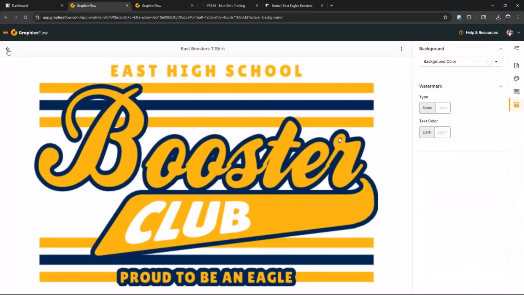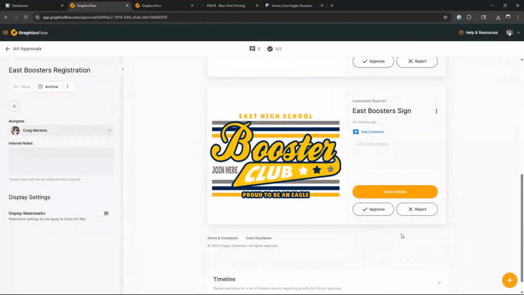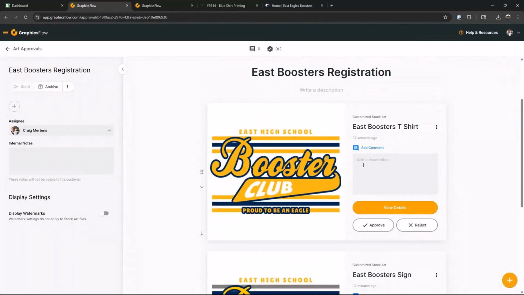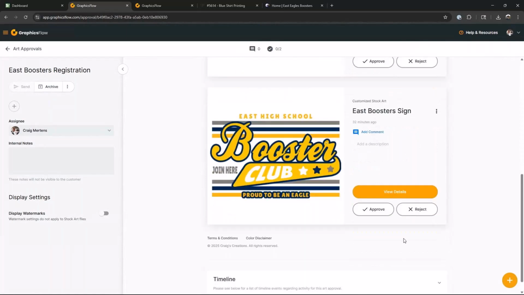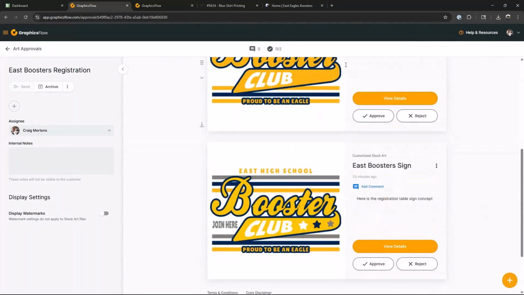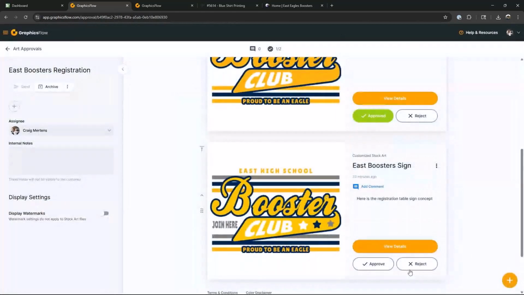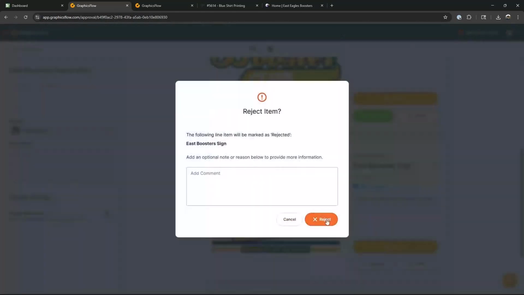And I can put any notes in here that I want to have the customer see. So we can have all those notes. And we can put a comment in here or description that says, here's the t-shirt concept. And then we can put a note in here. It says registration table sign concept right there. And so when the customer gets this, they can either approve it or reject it. If they approve this one right here, and maybe they reject this one right here,